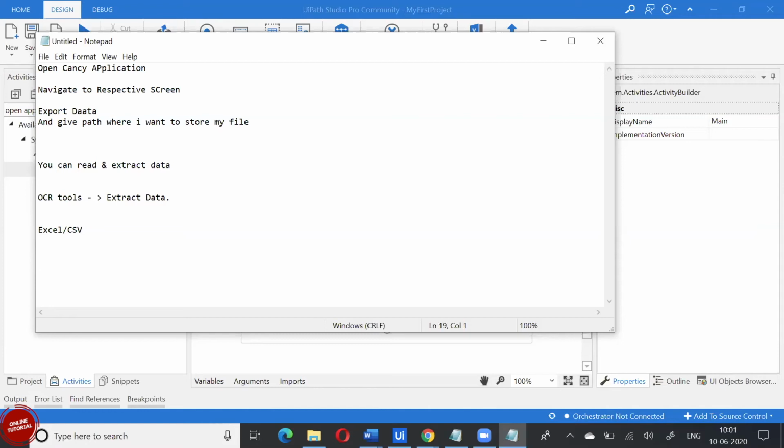Using this data that is extracted, suppose you want to create an entry in SAP. Again, using RPA, we are going to update the data in SAP. That's how the system works actually. So at the front, you have to design how to interact with Cadence, and then you also have to design how we update the data in SAP. And that is what these steps we are going to do.